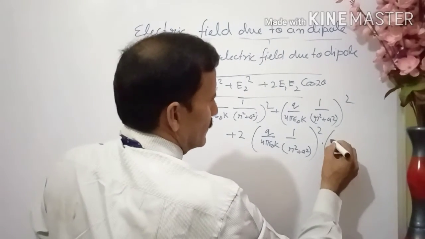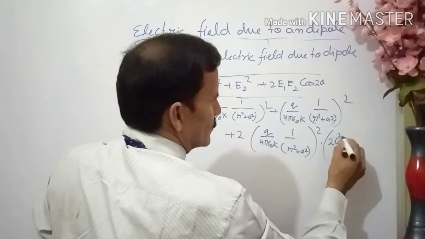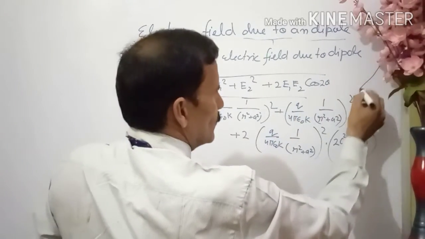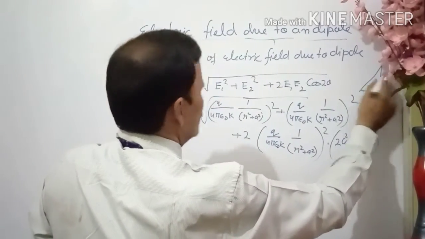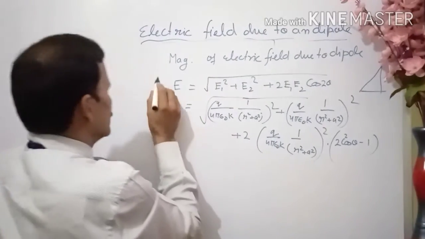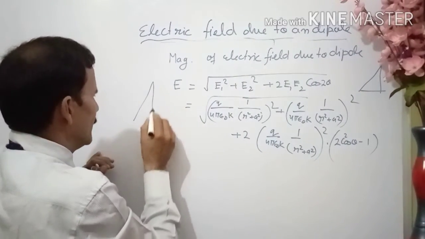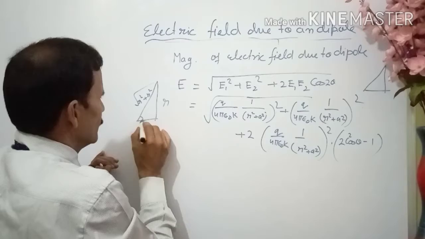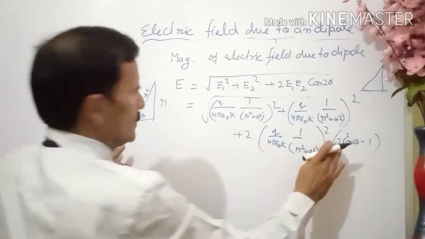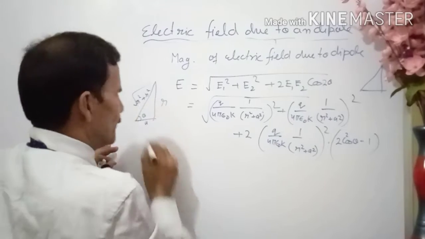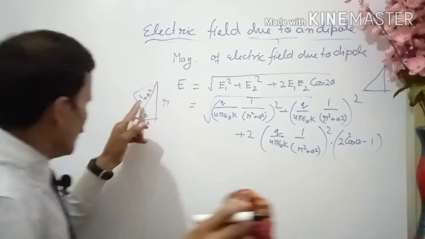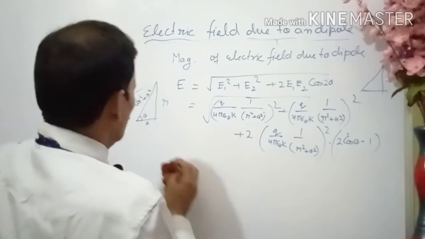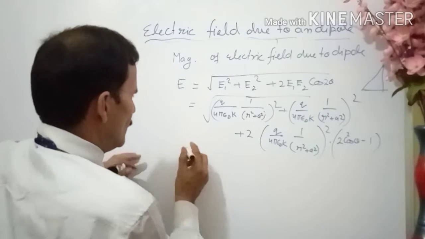Cos 2 theta is nothing but 2 cos square theta minus 1. Put the value of cos theta. You know, take the help of the figure. This is r. What was the figure? This was r. So cos theta, this was r, and this was under root a square plus r square. So this cos theta is better. Put the sin theta. This is a upon the hypotenuse, a upon under root a square plus r square. So when you put the value, what will you get?